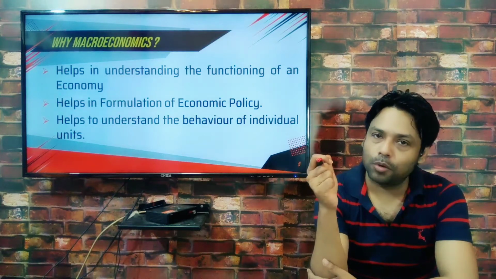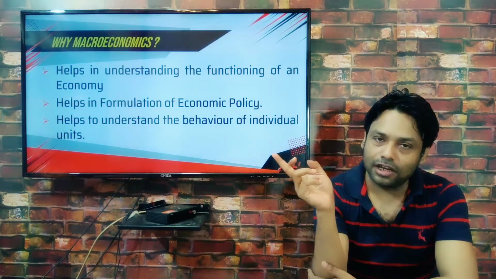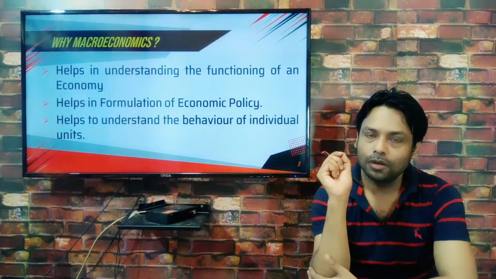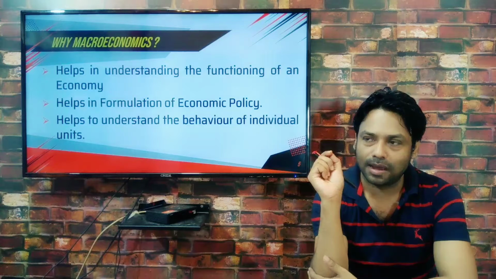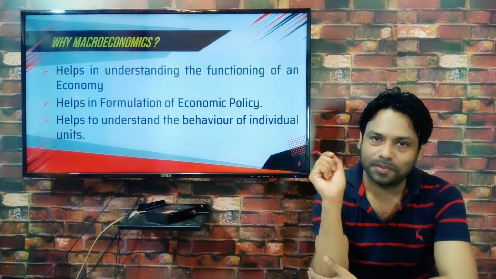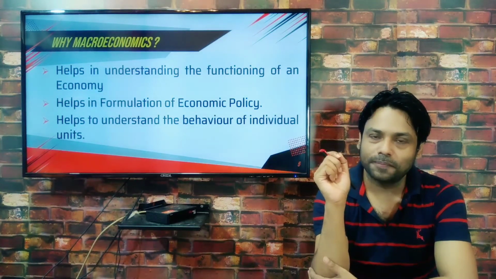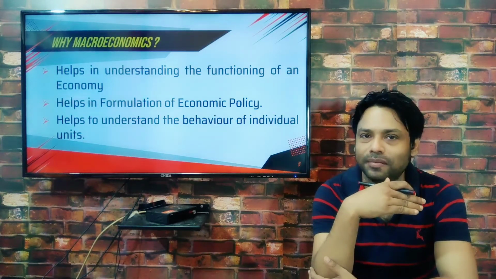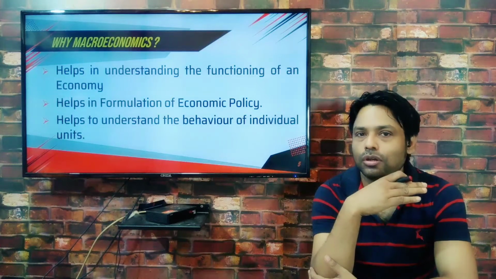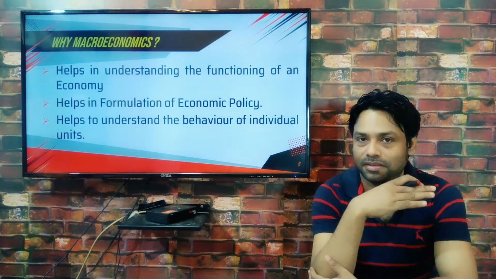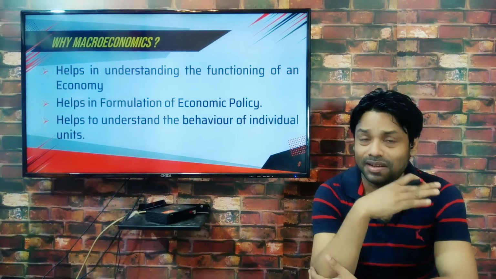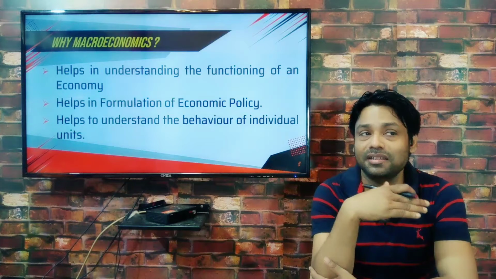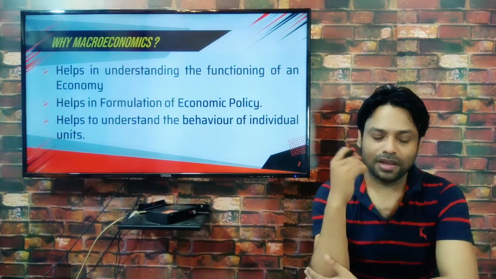Our main economic problems are related to the behavior of total income, total output, employment, and the general price level in the economy. Say, for example, one may not agree on the best method of measuring different prices, but the general price level is helpful in understanding the nature of the economy.